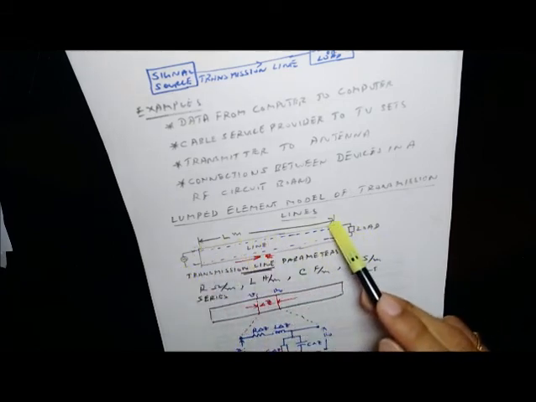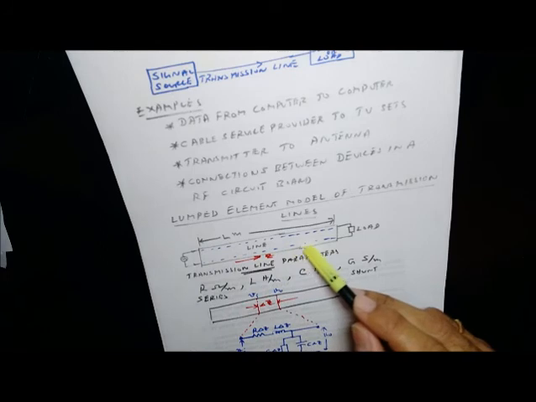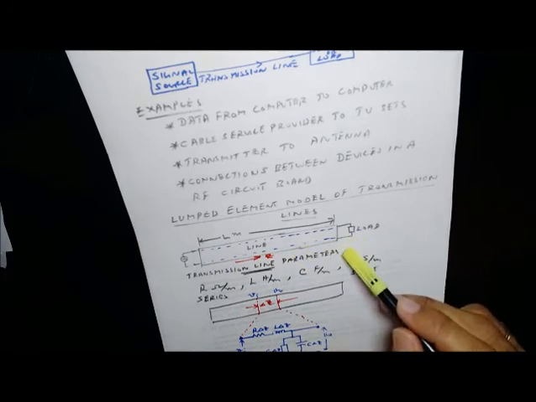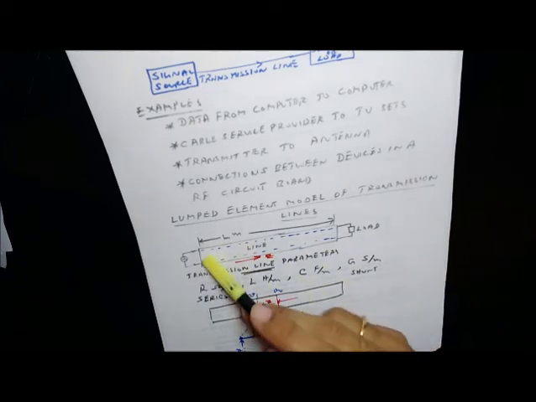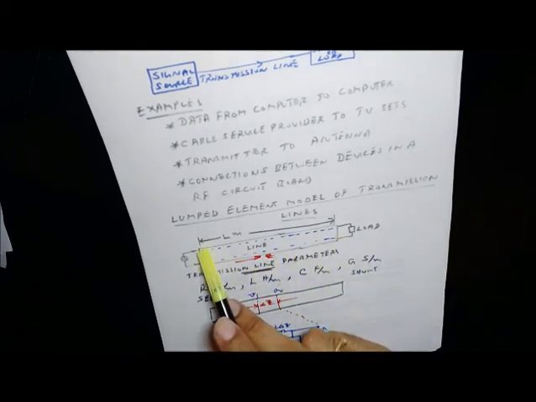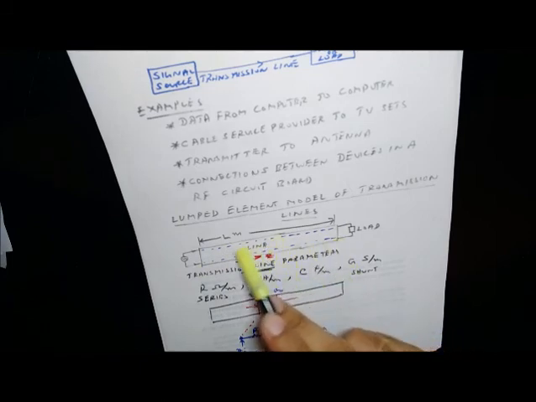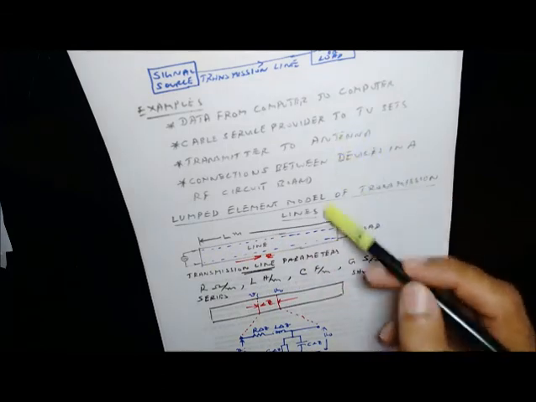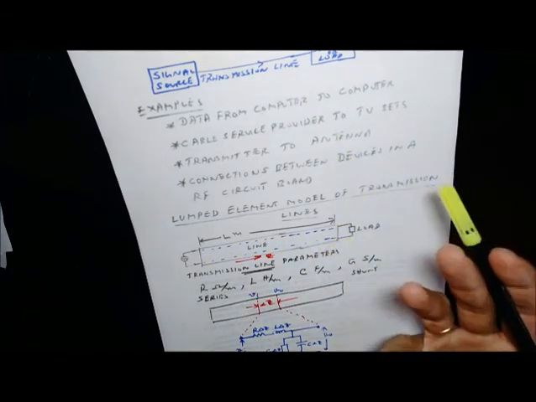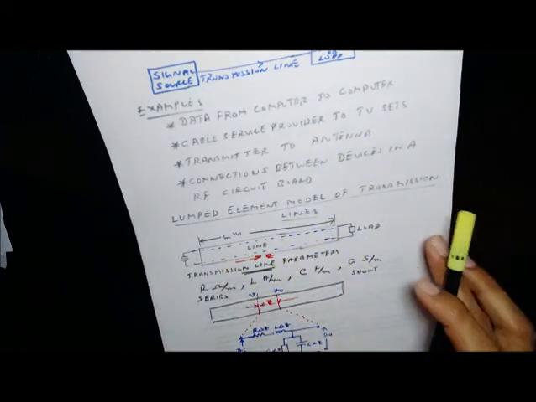Let's say the length of the transmission line is L meters. And for the ease of discussion, let's say that it is aligned along the z-axis. And this is the transmission line, and I have shown it here as two conducting lines separated by an insulator. They are themselves insulated. Now, as I said earlier, the construction may vary depending on the application, but basically this is what it is.